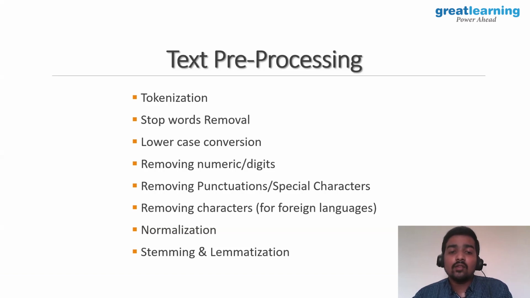Okay, so this is normalization. And coming to stemming and lemmatization, which are most essential. Here we are cutting the words. We are either bringing the word to its original format, the root word, or cutting the ing forms or ed forms. For example, he's going, he went. The word going can be converted to go, the base form, by cutting the ing form.